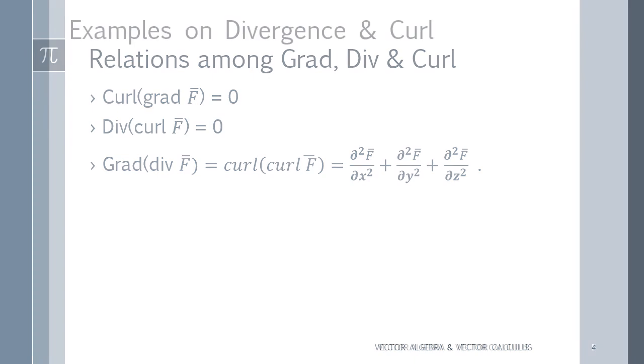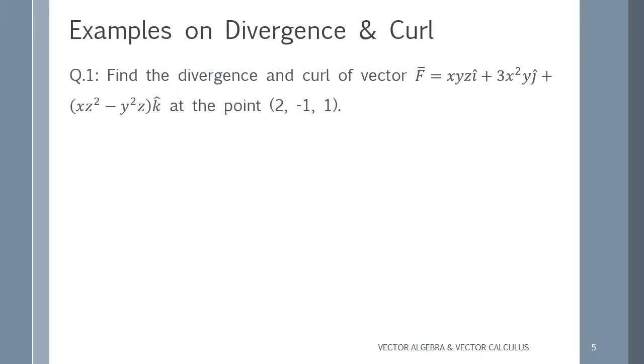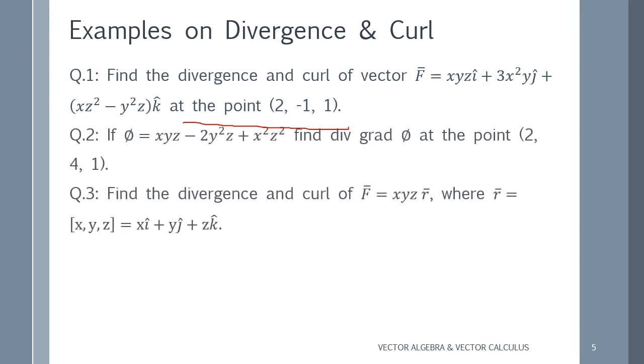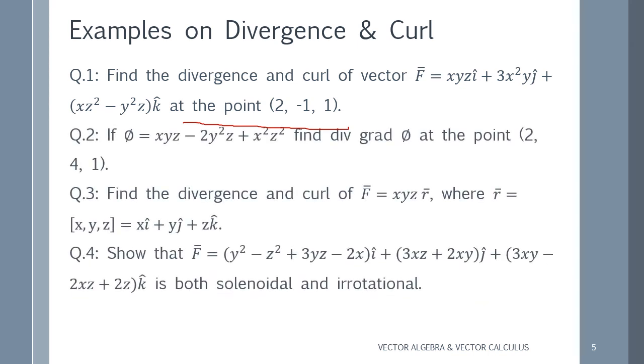Okay. Some examples of divergence and curl. See, the equation is given. Find the divergence and curl for the function f given here at the point. After simplifying, you have to apply this point as we were doing in the gradient. Okay, so just solve all these examples. There are so many examples I've given here. Just do them as an assignment and solve them, and if you have any doubts then you can contact me anytime.